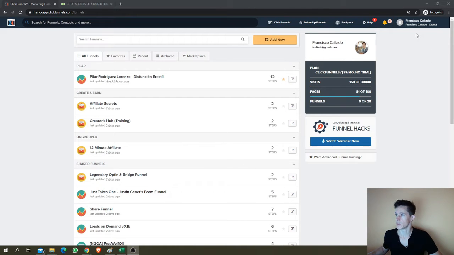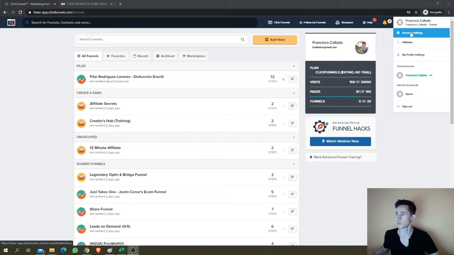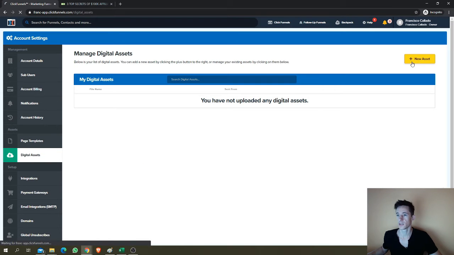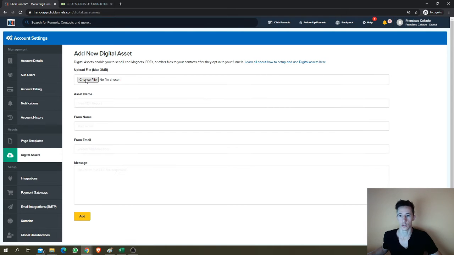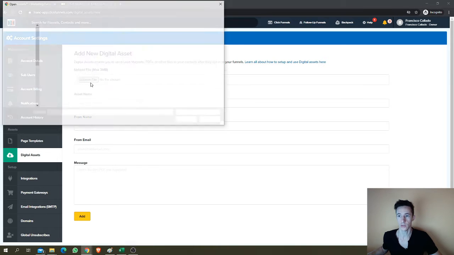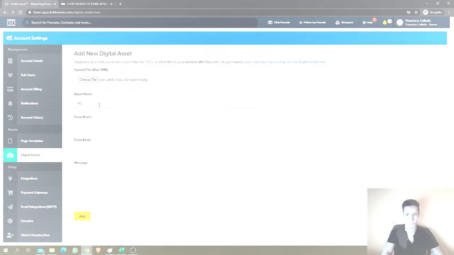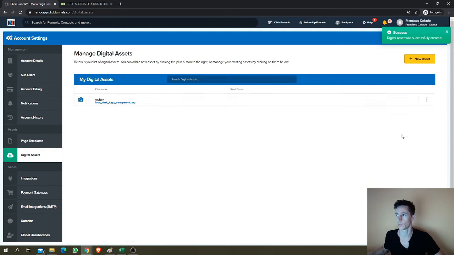All you have to do is first add the image. You'll go up here to your account settings, choose digital assets, and you'll have to add a new asset. Choose a file, and we've got the file here. You just have to give it a name and click add. Once you have your favicon added here, you click on these three dots, copy asset path,